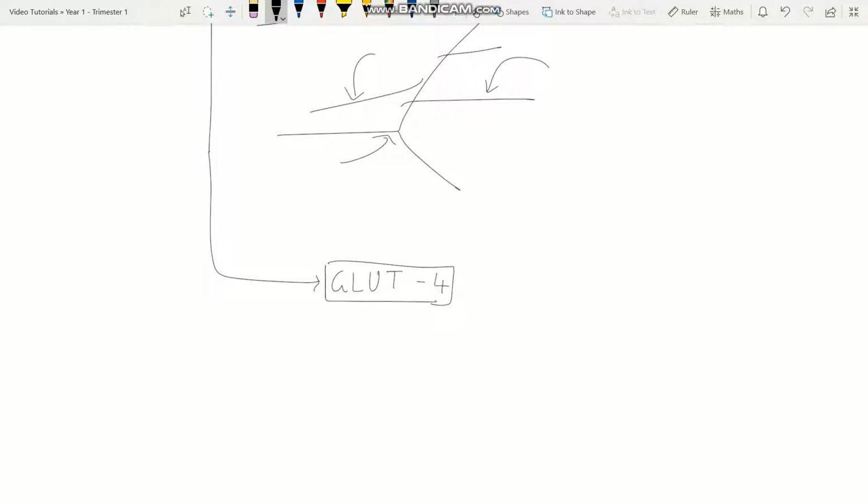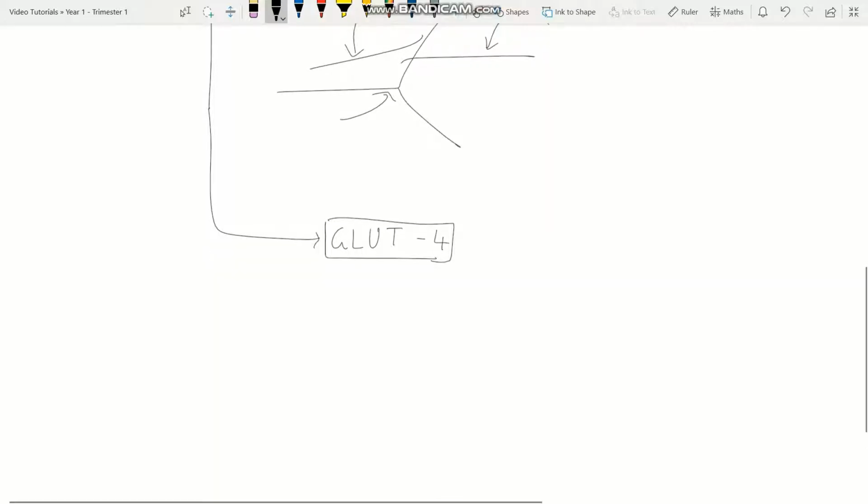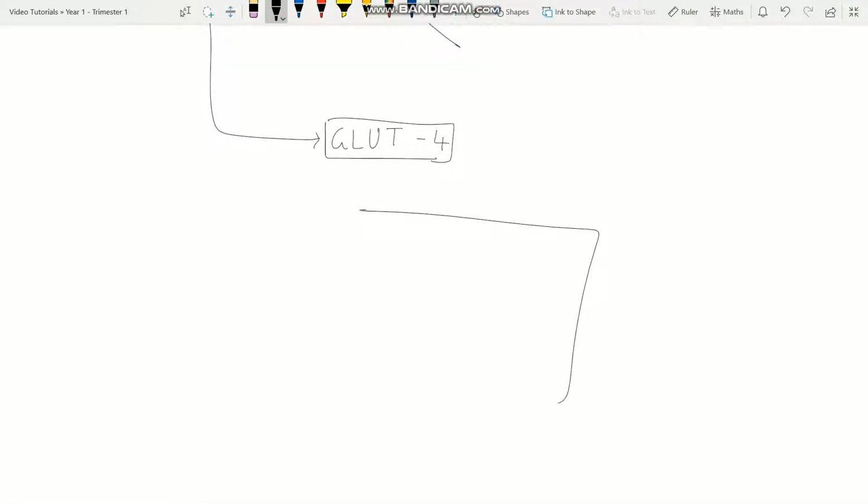These GLUT4 transporters are insulin dependent, meaning that, let's say this is the plasma membrane of a cell. Originally, these GLUT4 transporters are present within a vesicle in the cell, and there's a cellular receptor present on the outside of the cell. Being insulin dependent, insulin must first bind to this receptor